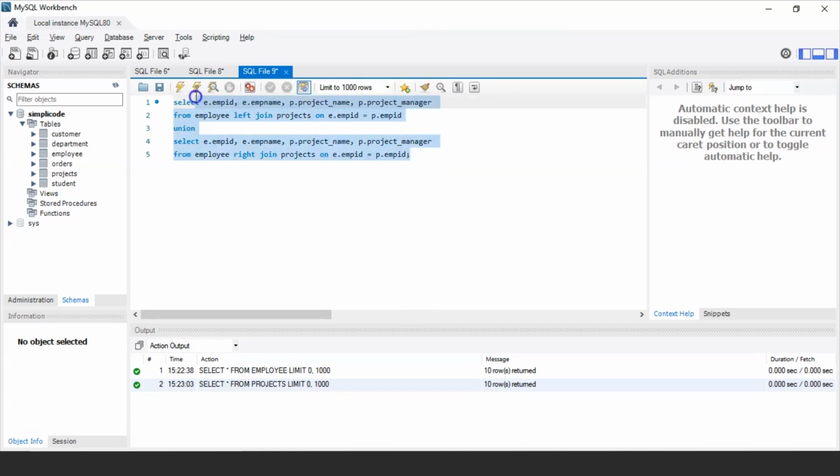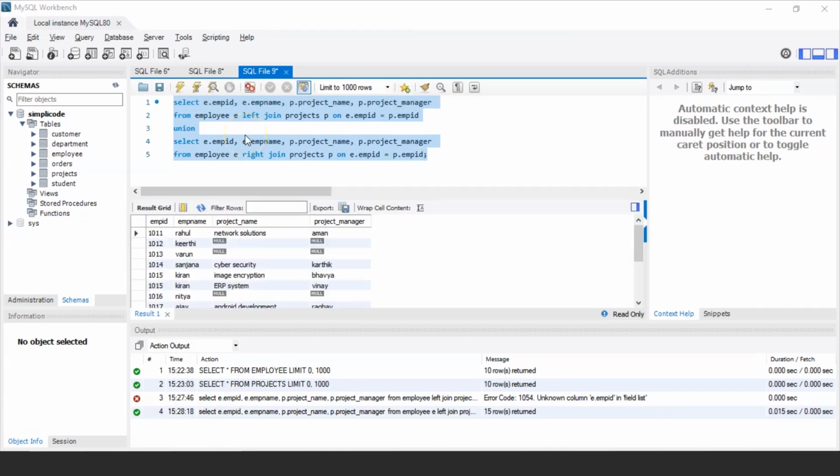Now let us just execute this statement and see the output. So there's a bit of error. Let me just check it once. So I forgot to mention the alias name here for both the tables, so that is why it is throwing an error. So as you can see, this is our output, and you can clearly see that the records from